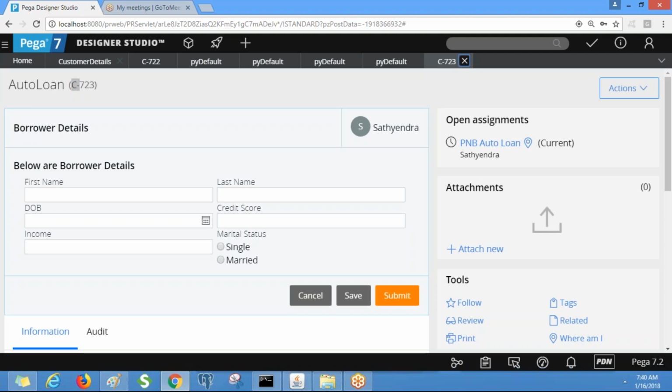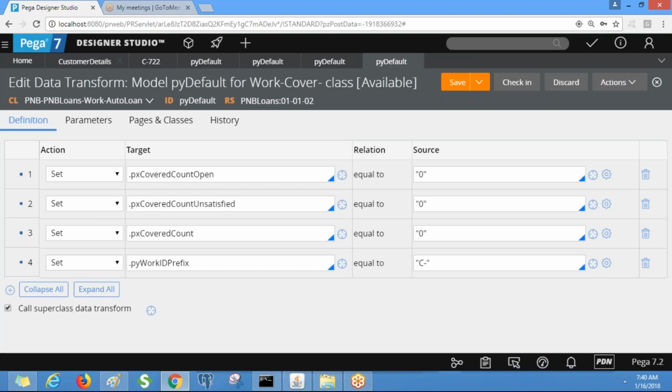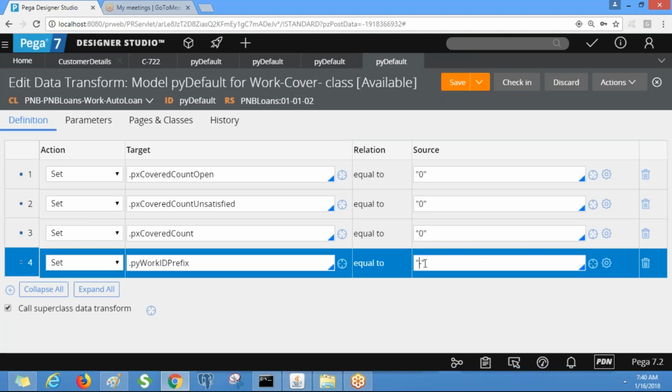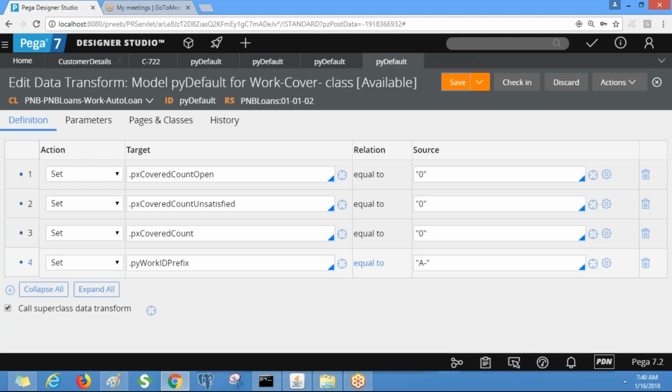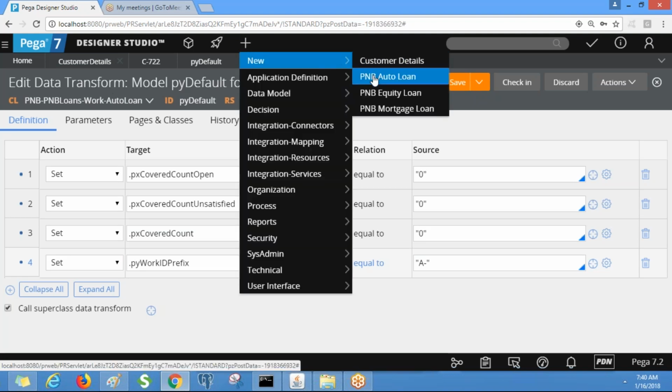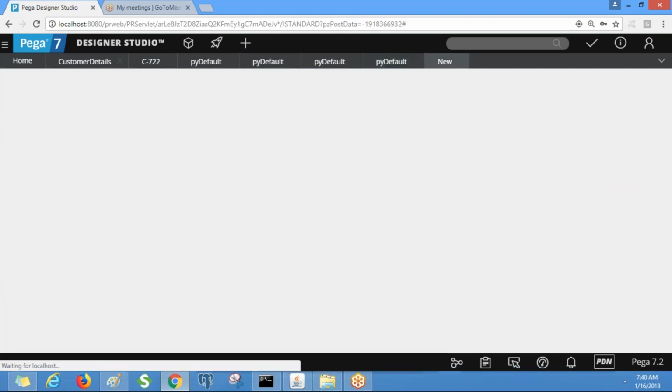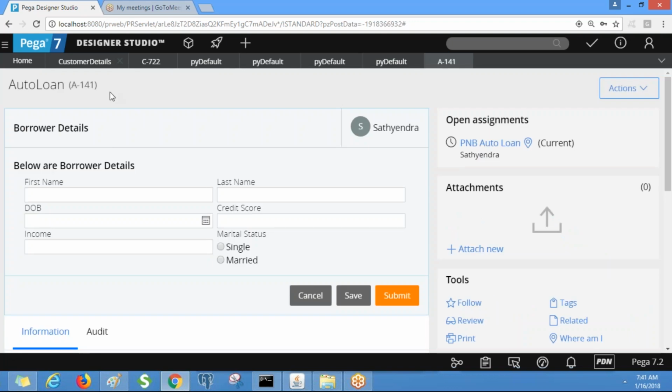Now I am going to save this pyDefault with the work ID prefix as A dash. Now let's see. See, now the work object prefix is A dash.